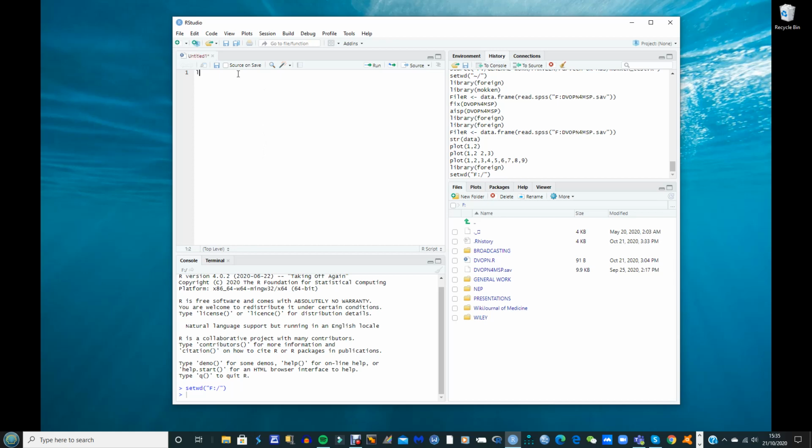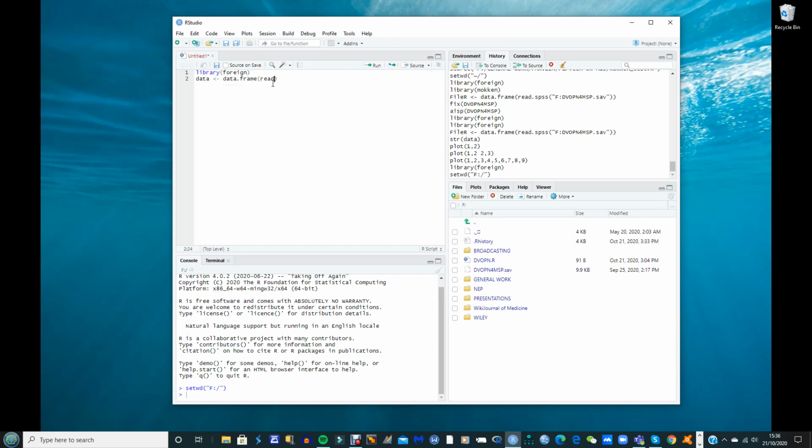What I want to do is to load up a library, and it's foreign that I want to use. You get predictive texting up here, which is very handy, and then do a carriage return. So the library foreign package is loaded, or will be loaded once I run this. Don't run it yet. Then I want to convert the data using data open less than hyphen, and then what you want to do is data frame. Make sure it's spelt properly. Data frame. Use the predictive texting if you can.